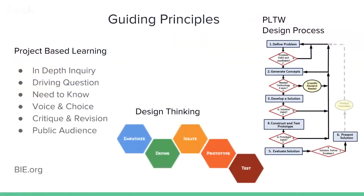So I'm going to talk a little bit about how I got to that point. That project definitely drew my interest. After that, I started doing some professional development in project-based learning. I got to go out to San Francisco and do some design thinking. And I'm also a certified Project Lead the Way teacher. But if we walk through the 3 of these methodologies just briefly, I think it's going to help out a lot. So first, project-based learning is all about inquiry, having a deep driving question that has multiple paths to it,